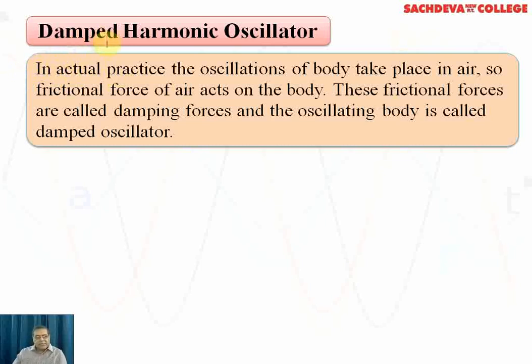If we take the case of a tuning fork and allow it to vibrate in air, we find that the vibrations are communicated to the air, and gradually the loud sound disappears because of the disappearance of the amplitude. So the vibration of the tuning fork in the air column is an example of the damped harmonic oscillator. So now we come to the main context.